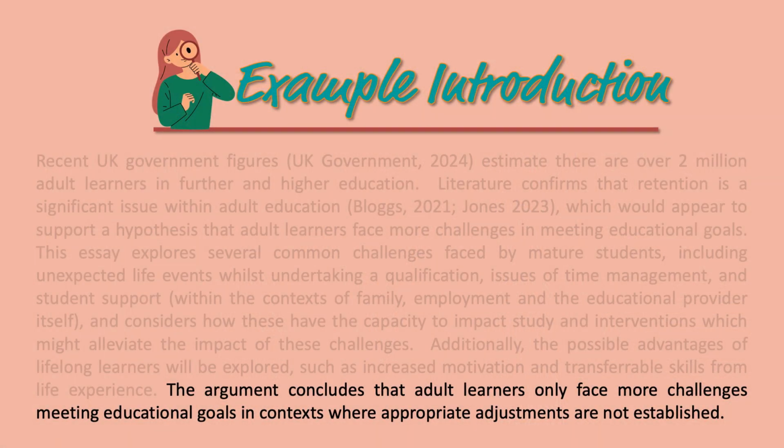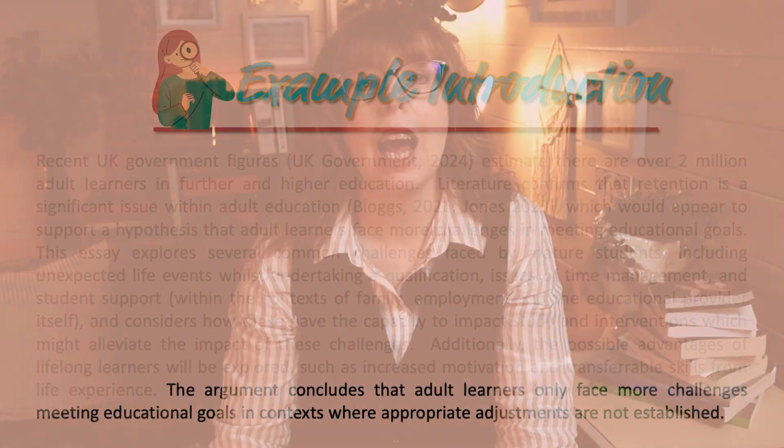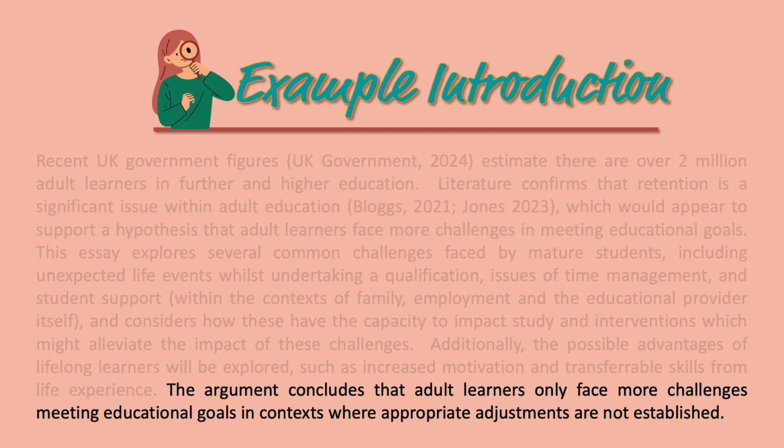We can explore this by examining a hypothetical challenge an adult learner might face: lack of meaningful support from their family and employer. The main conclusion indicates that it's possible for an educational provider to make an adjustment for this by providing flexibility on assignment deadlines and providing training on time management to optimise the time the student does have available to study. I've identified this sentence as the main conclusion to the reader by using the word concludes as